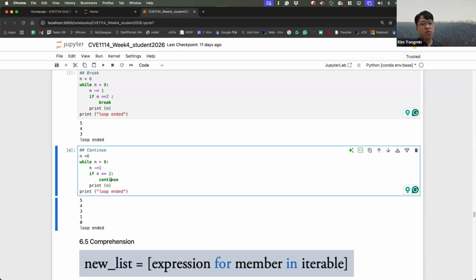But list comprehension is another way to make a list. So you can rewrite your for loop from the first examples in just a single line of code.